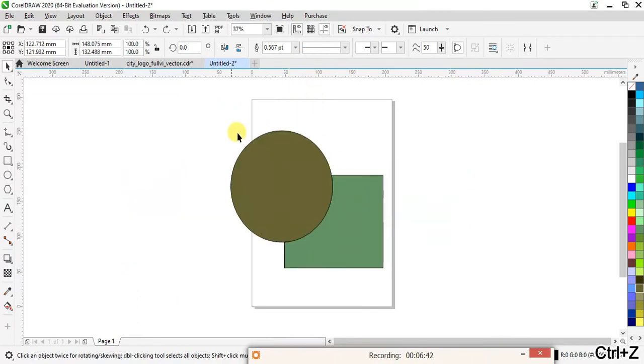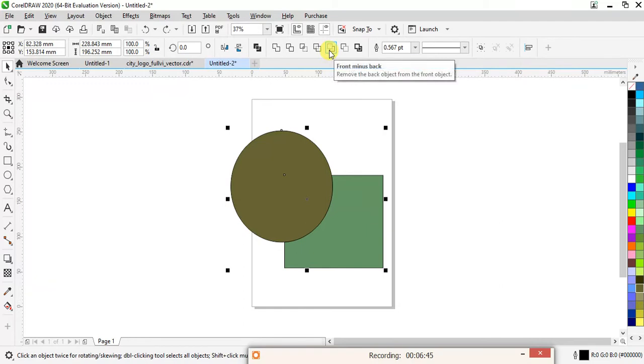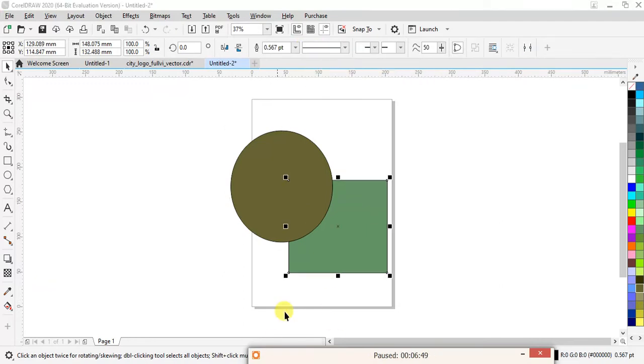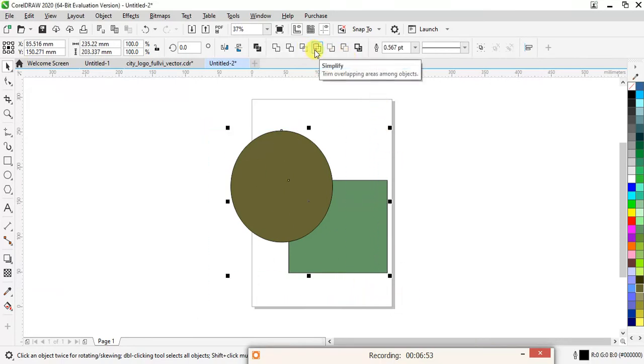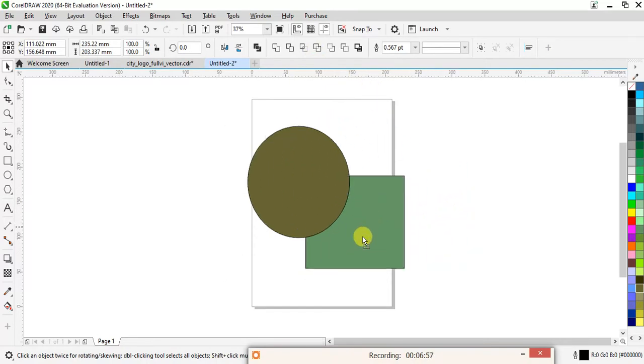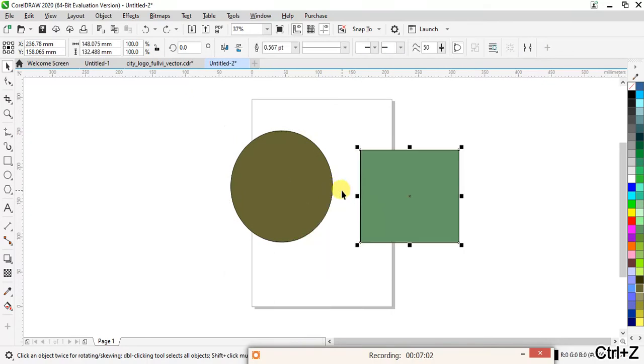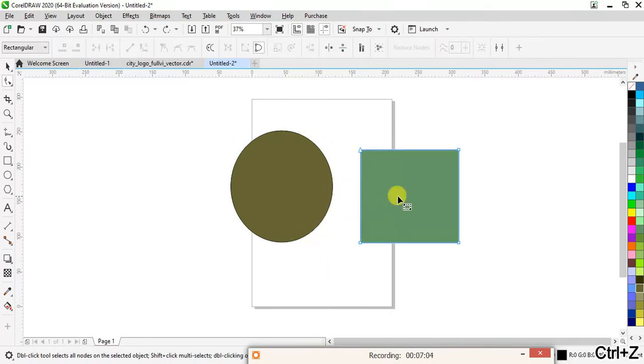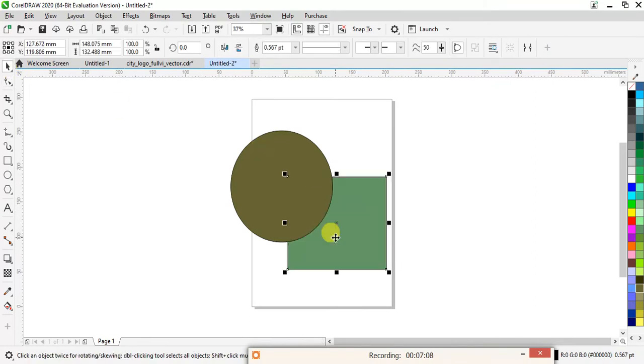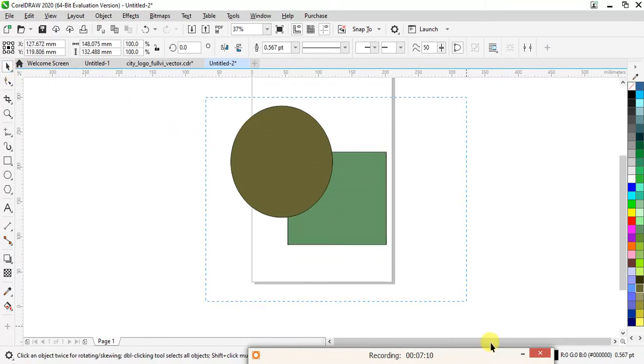So now again I'm selecting, and I'm clicking on. Now next is simplify. Select all and click on simplify. In simplify, you can say it works as a combination. It will combine both the objects. Now again Control Z. Now I will again drag this over here using the pick tool. To get all this, you need to have the pick tool and combine this using your pick tool.